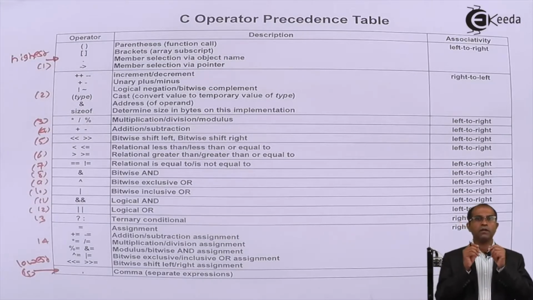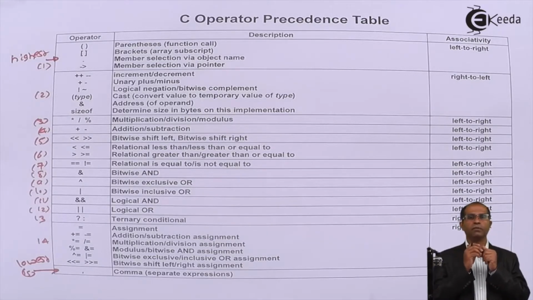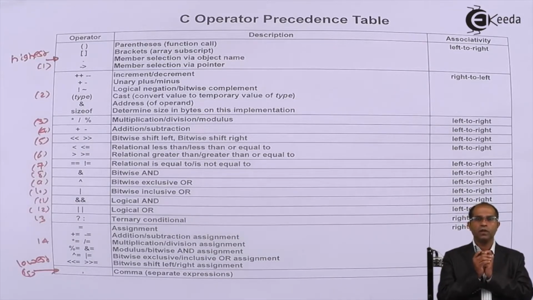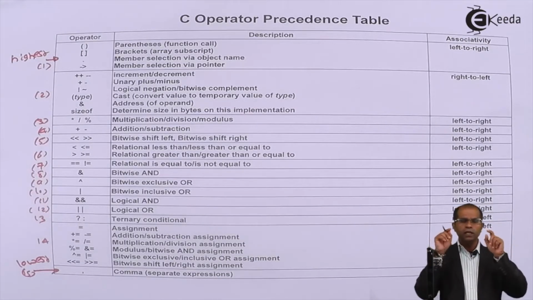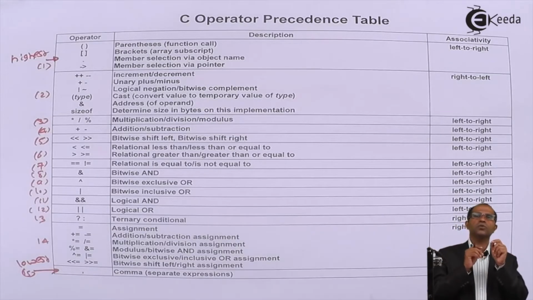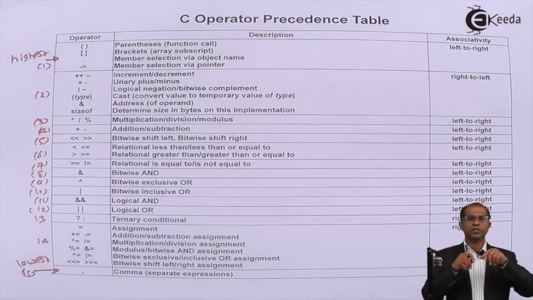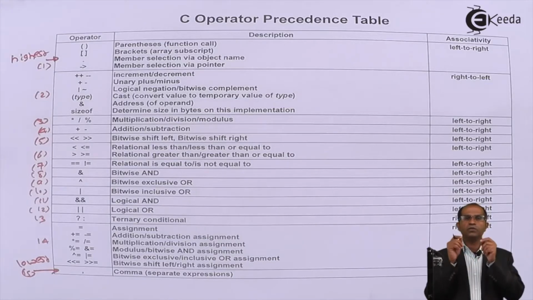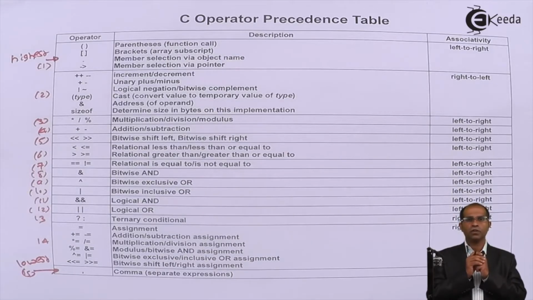But round brackets have different meanings when they are placed at different places. When round brackets are used with an identifier, it is called a function call parenthesis. And if they are used in an arithmetic expression just to perform that operation first, then they are used to change the level of priority in the expression. So you can use round brackets to change the priority levels as per this particular table, or you can use them as a function call, right?